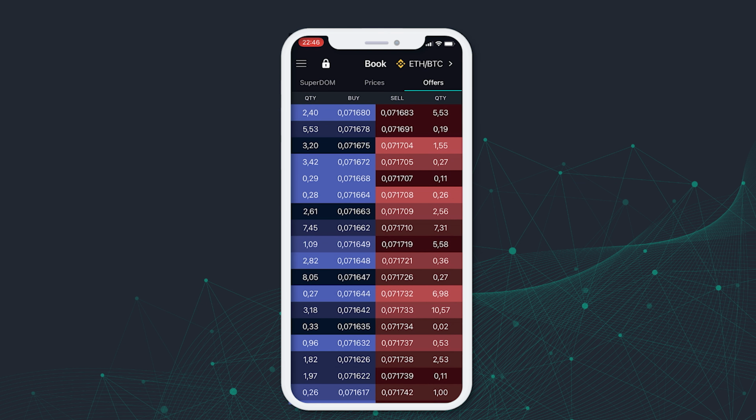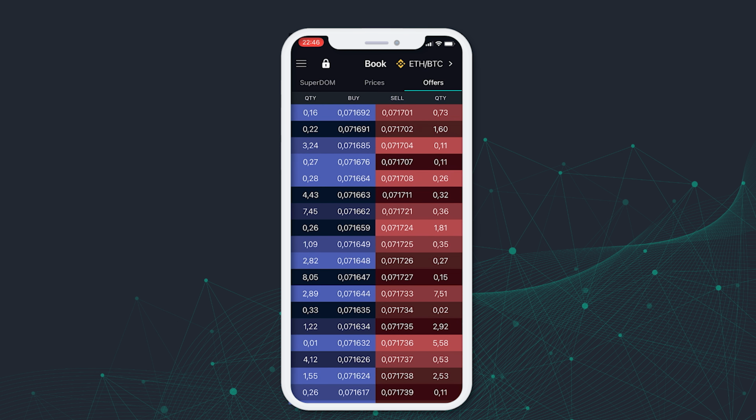We can use the Offers Book to check the liquidity of the market and know which orders are impacting the